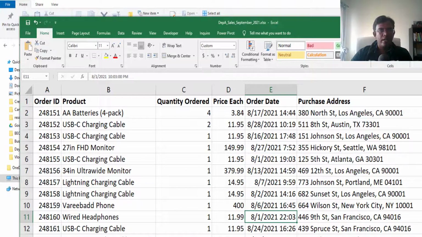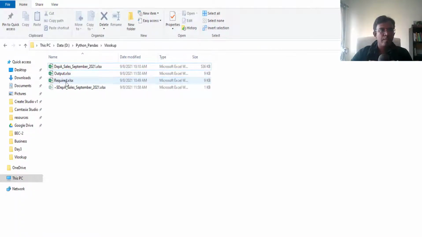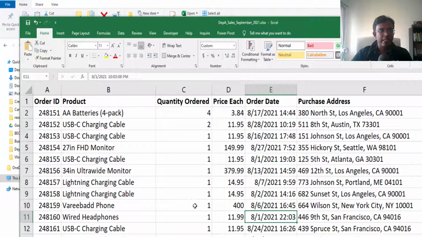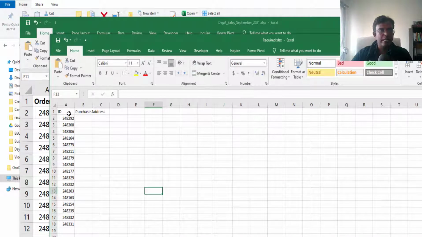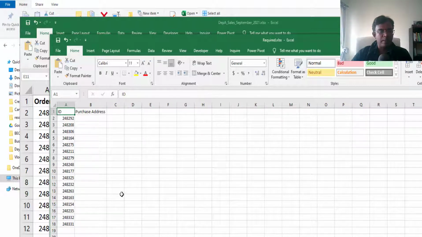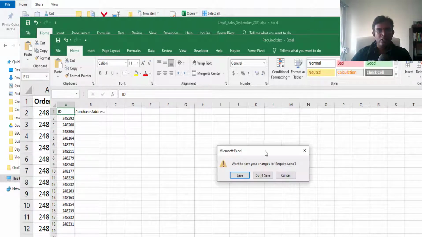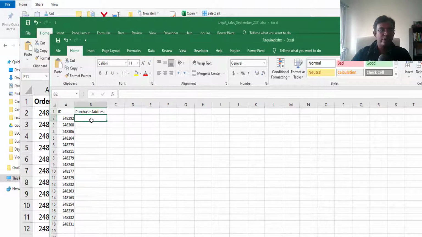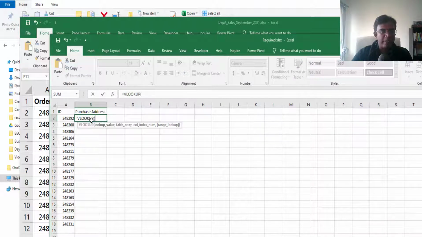So in workbook 2, what is required is, let me say your manager comes and asks what are the addresses for the order IDs, what are the addresses to be dispatched the products to. Okay, so initially your requirement was very one thing. So normally what we would do is that we would go and do a VLOOKUP based upon the product